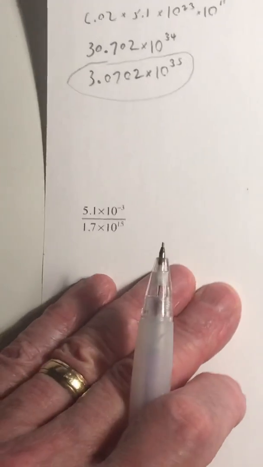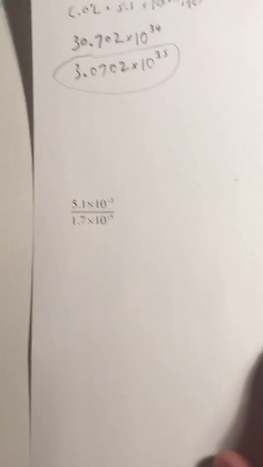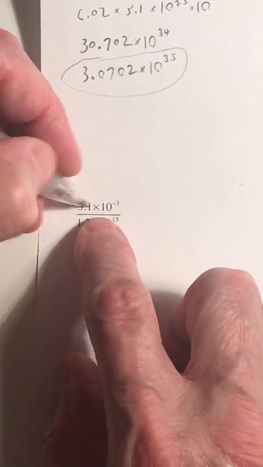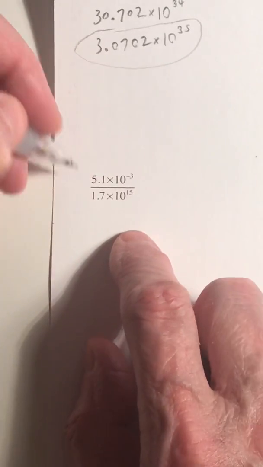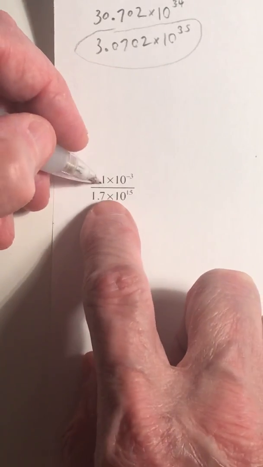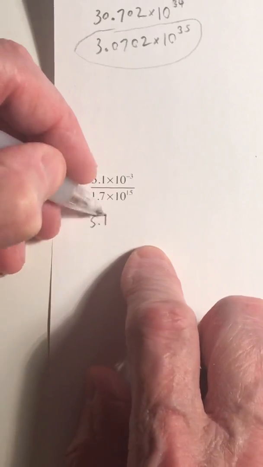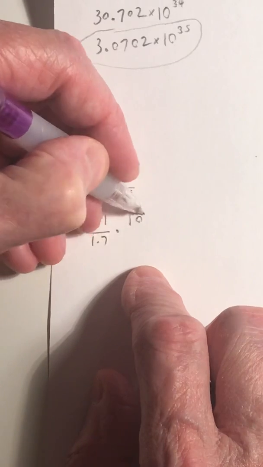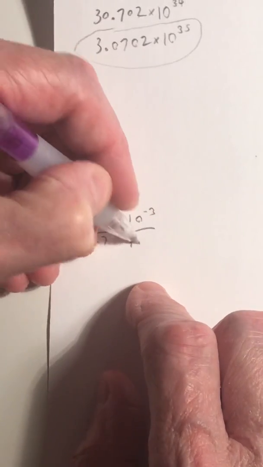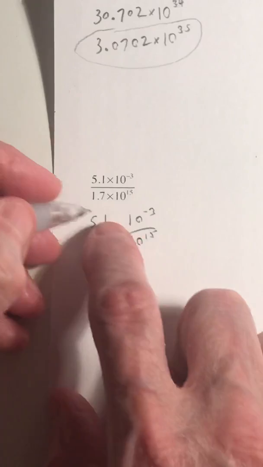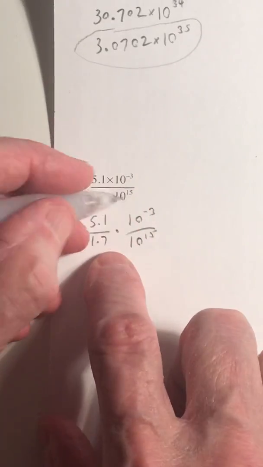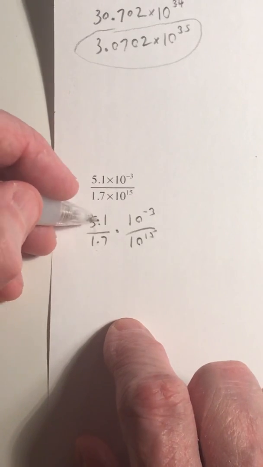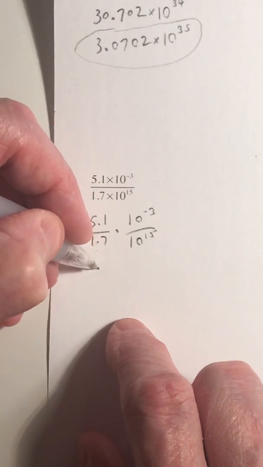Now a couple of division and we'll call it a day. I can do this. I can say this is separatable. I could write this as 5.1 over 1.7 times 10 to the negative 3rd times 10 to the 15th. Because if you multiply those together, you get that. Multiply those together, you get that. So this is legal. You push this in a calculator. 5.1 divided by 1.7, you get exactly 3